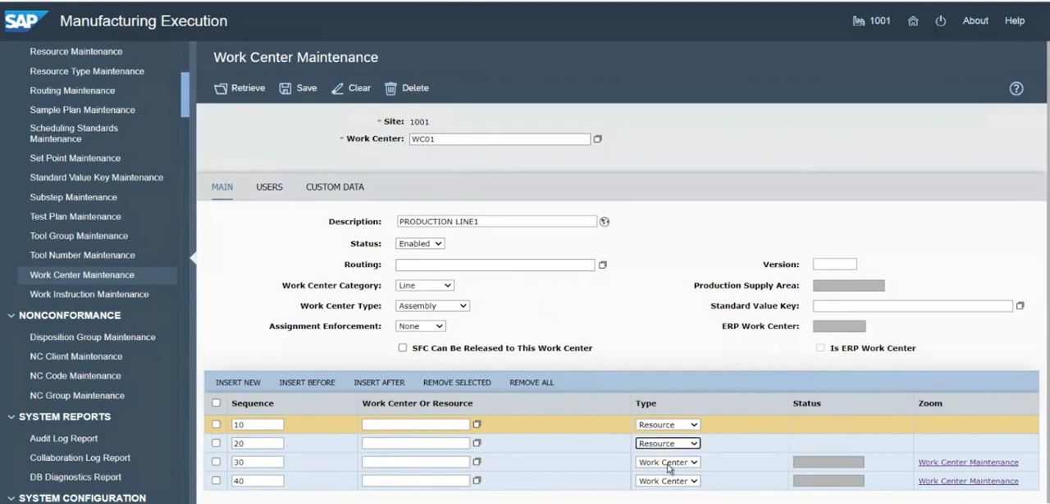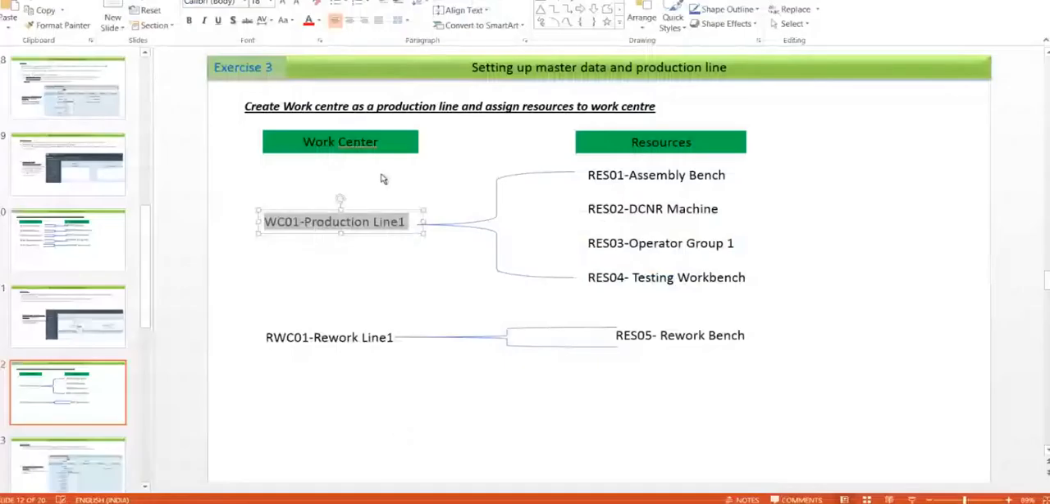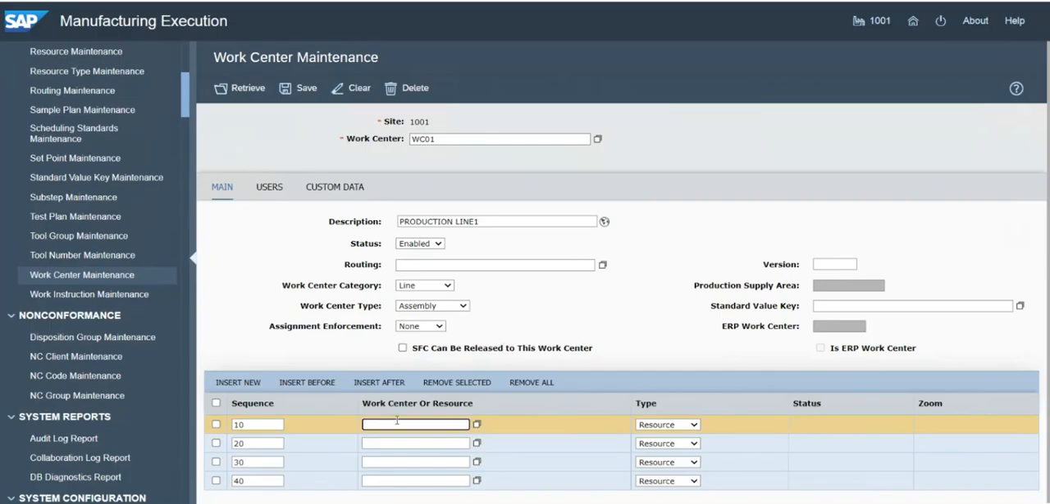So here for all, I am selecting the resources. I'm going to assign the resource inside this work center. So what all resources am I going to assign? I am going to assign all these resources, RES01, RES02. So you can write here RES01, RES02, RES03,